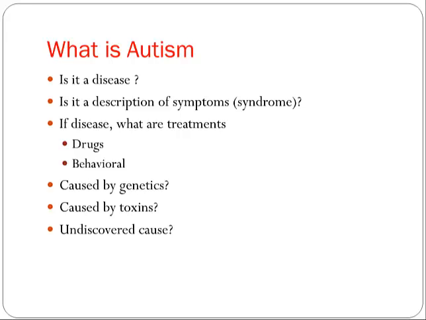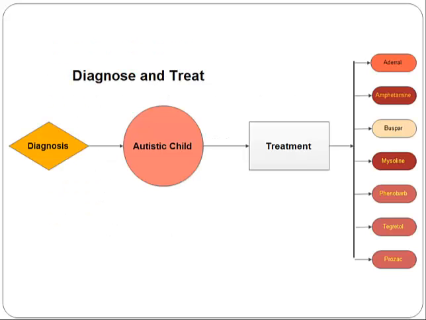If a disease, what are the treatments? Typically, we treat diseases with drugs or behavioral techniques. Is autism caused by genetics, by toxins, or some undiscovered cause? Well, from the traditional standpoint, we make a diagnosis, autistic child, and we have our treatments, and usually those are